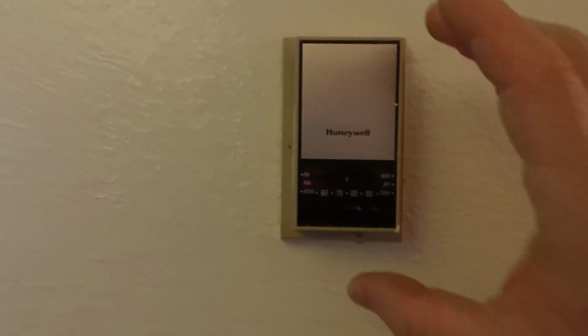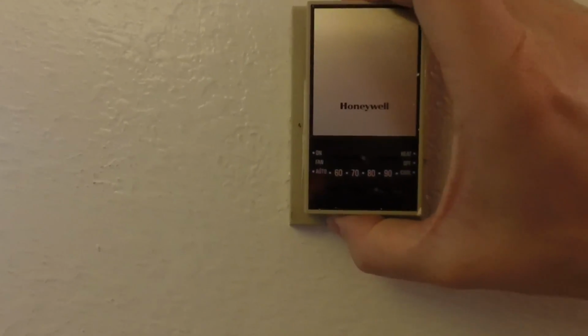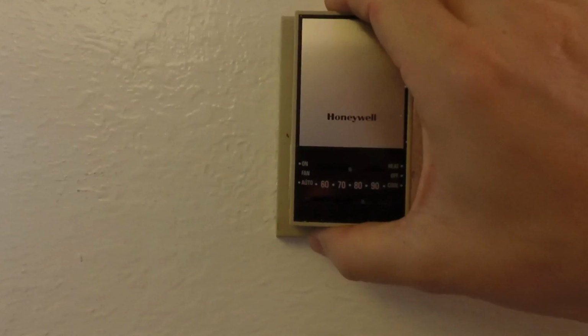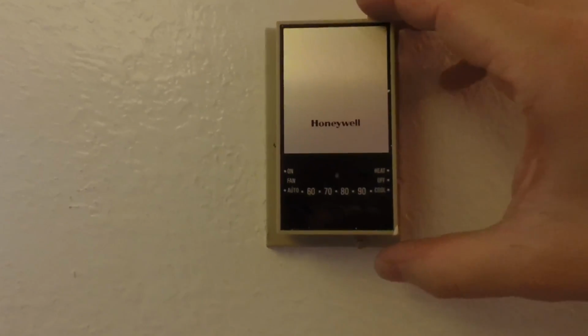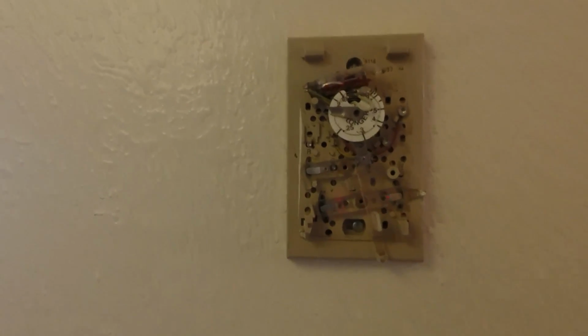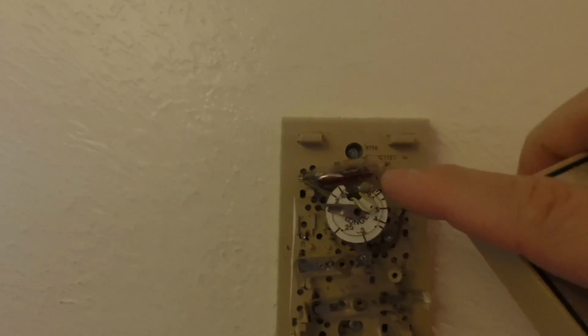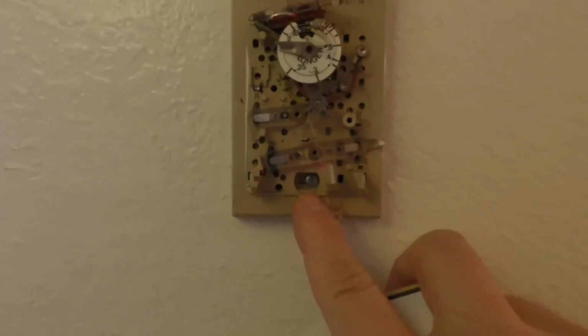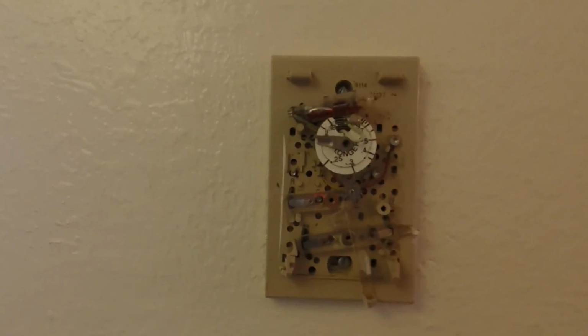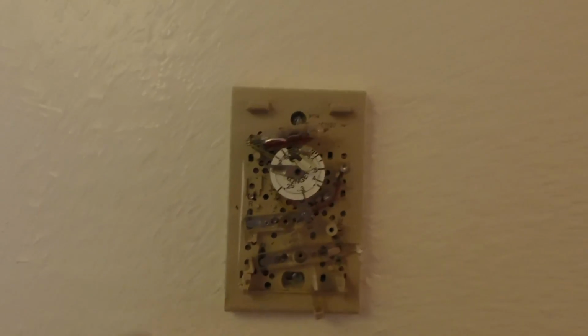Now to get this off, you want to go ahead and lift up the bottom, and yours might vary. You might have to lift it off a different way, but usually it's just a cover plate on top. And as you can see, there's the mercury there, and then there's a screw on top and a screw on the bottom, and it looks like it's mounted right into a junction box, but yours might vary, so just go ahead and take your screws out,